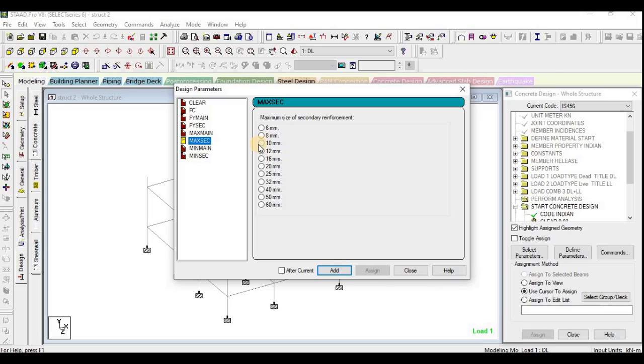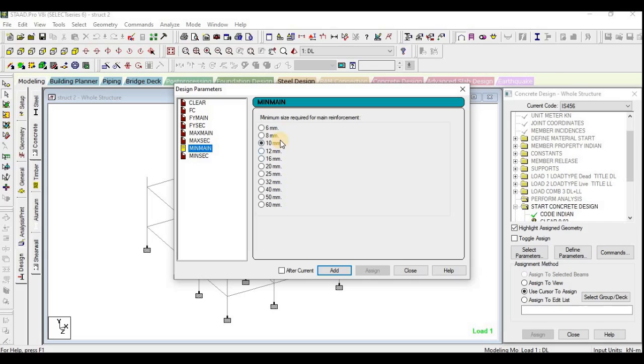And why we are using 12 mm is because if you are modeling a circular column, as per IS 456, we should provide the minimum longitudinal bar as 12 mm, that is 6 numbers for a circular column. So here I shall choose 12 mm in that condition. Then I shall add it.